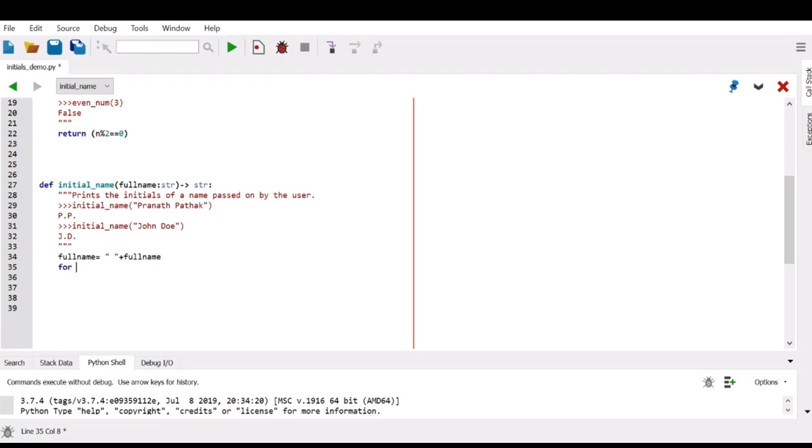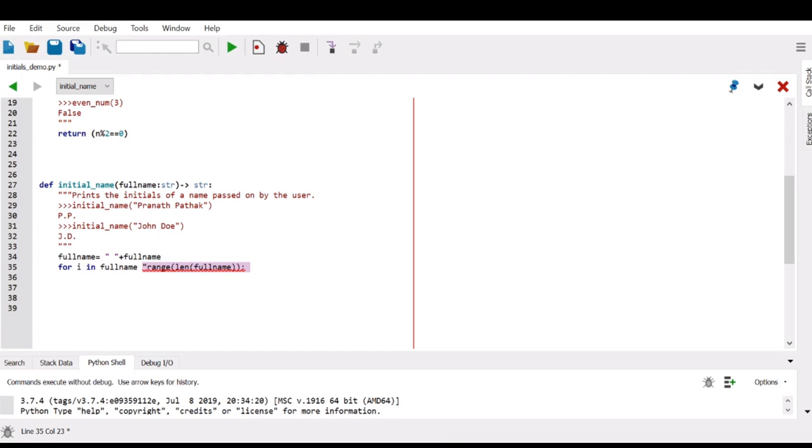So we'll create a for loop: for i in range length of my full name. Now, I'm pretty sure this would be a point where a lot of you would think, why did I use for i in range length full name? Let's think of it this way. Whenever you use range, you're essentially creating indexes. And when you use something like for i in full name, you're basically accessing the specific elements in that string.